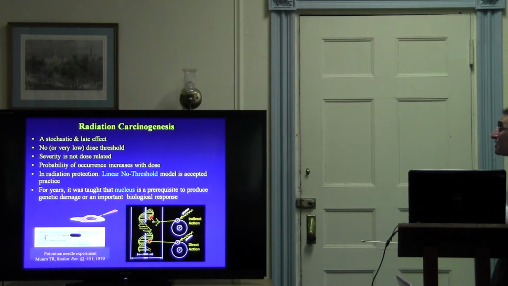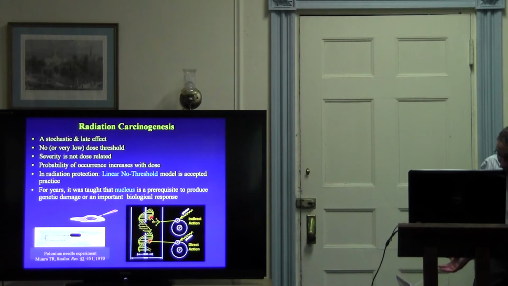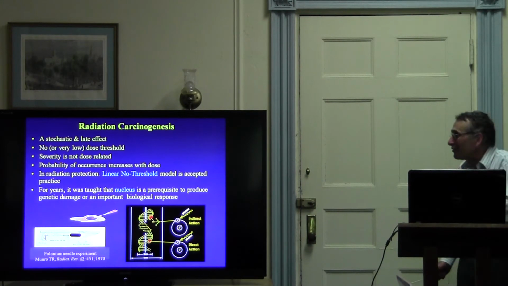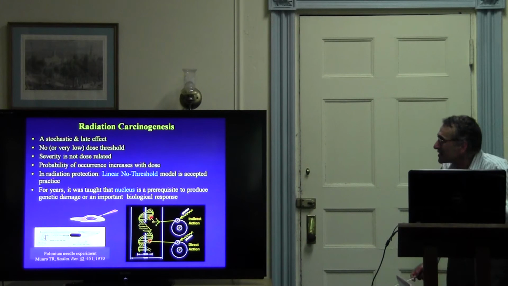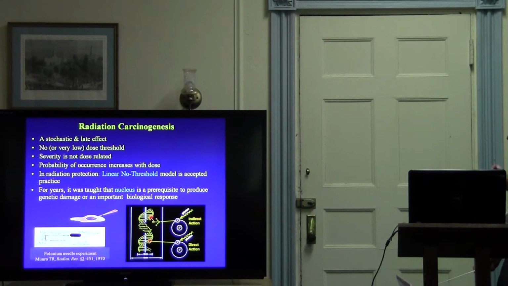And for cancer, we know that there is really no dose threshold, or a very low dose threshold. But the severity of the response when it comes to cancer is not dose related. The probability of occurrence increases with dose,